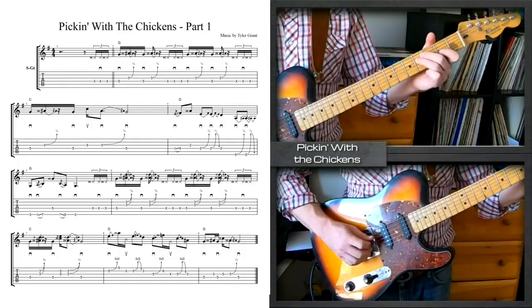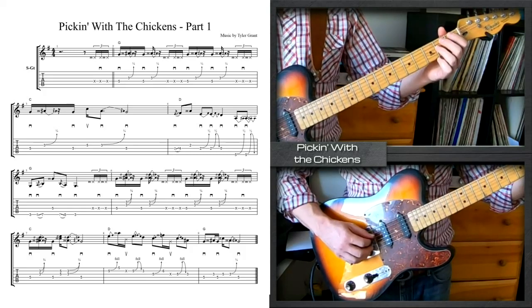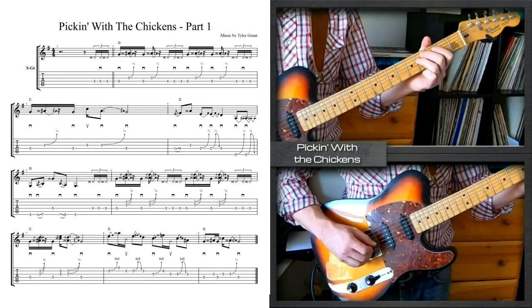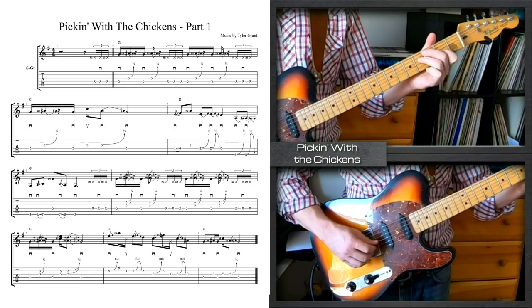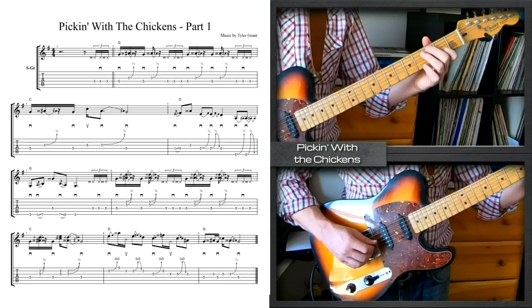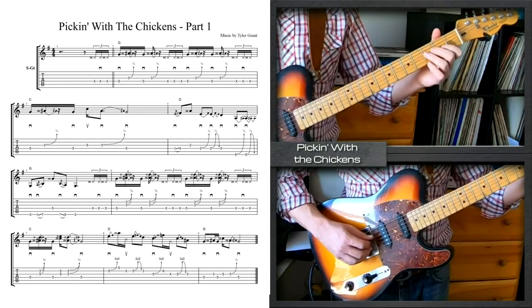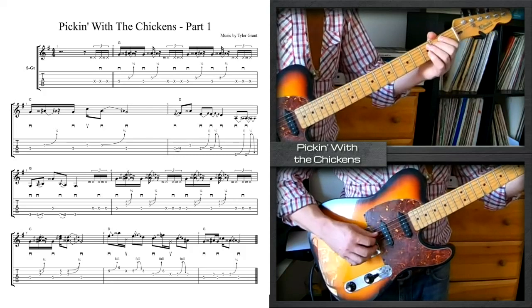So the next measure, we've got a D chord. We're going to use your third finger, and with a downstroke you slide from the 2nd fret of the D string up a whole step to the 4th fret. And then with your first finger, play the 2nd fret of the G string. And then either 1st or 2nd finger, I'd probably prefer to use the 2nd finger here, do a little bend